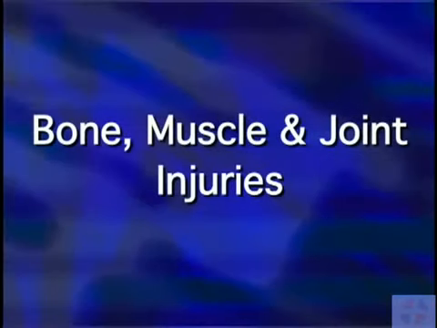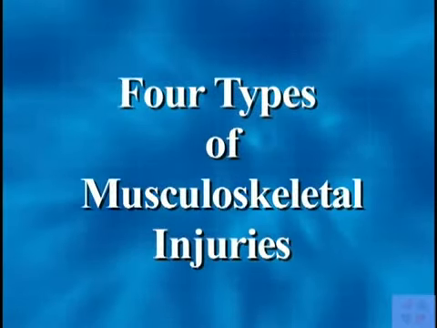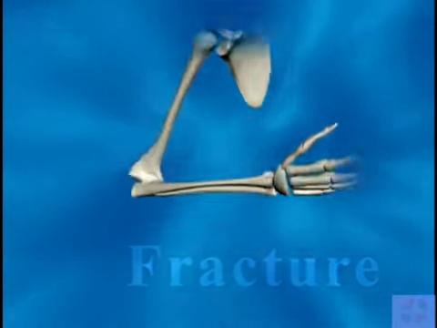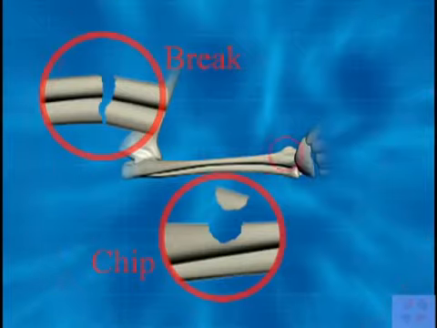Bone, muscle, and joint injuries. Musculoskeletal injuries can occur in many different ways, and there are 4 basic types. The 4 types of musculoskeletal injuries are a fracture, which is a break, chip, or crack in the bone; a